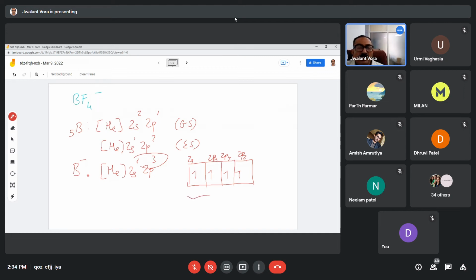So 4 fluorine atoms will come with 1 electron each, 1, 2, 3, 4. So this is sp3 hybridization. 4 pairs are there: 1, 2, 3, 4. So it should have sp3 hybridization with the tetrahedral shape. So BF4 minus has a tetrahedral shape. Similarly, we can also predict the shapes of the various